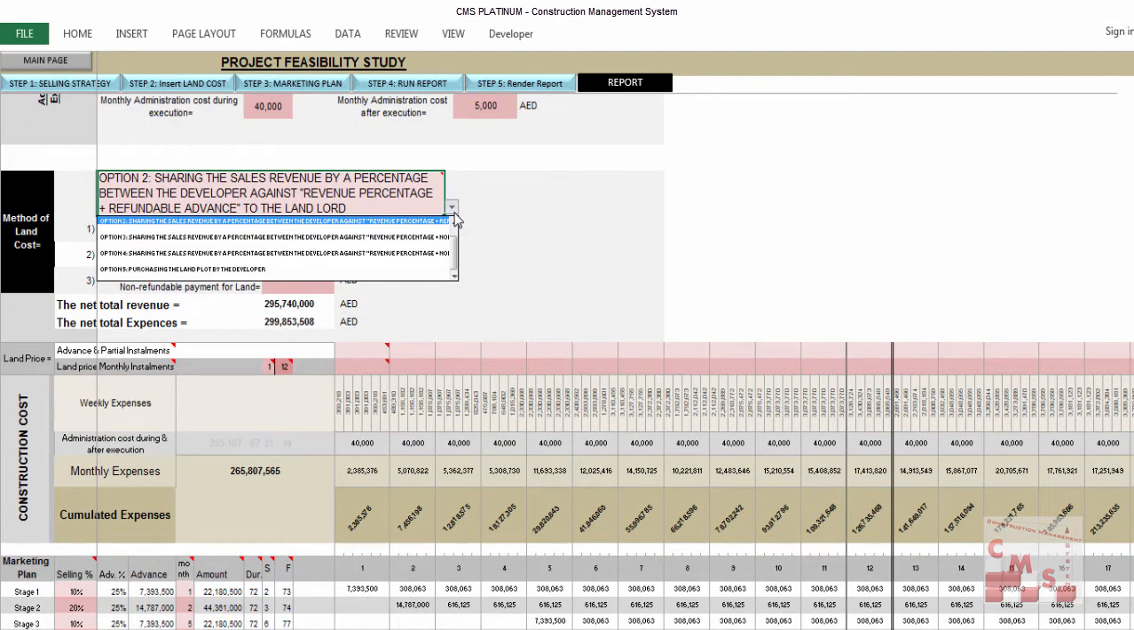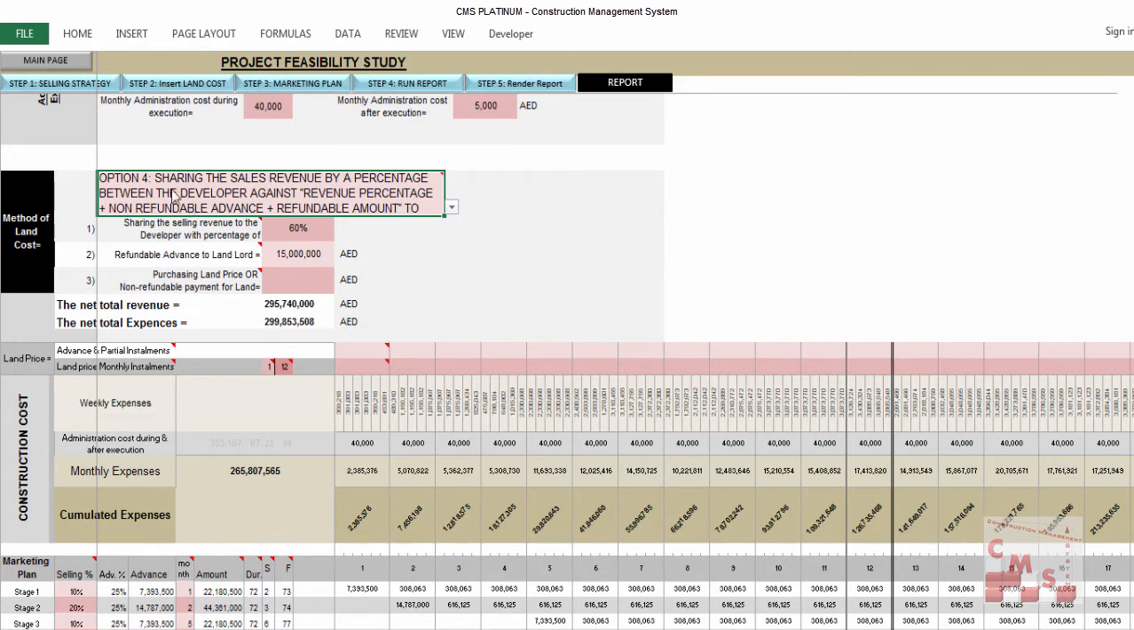Let's go for option 3. If the landlord asks for a revenue percentage and a non-refundable advance and a refundable advance, that means he asks you for two advances, one refundable, one not to be refunded to you, plus a percentage of the project revenue. How to deal with this? Let's keep those the same, and he will need another amount to be non-refundable. The non-refundable amount will be inserted here in this cell, purchase land price or non-refundable payment for the landlord. Suppose he asks for another 10 million